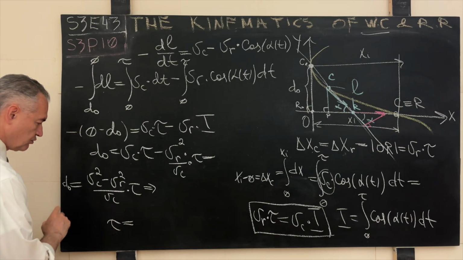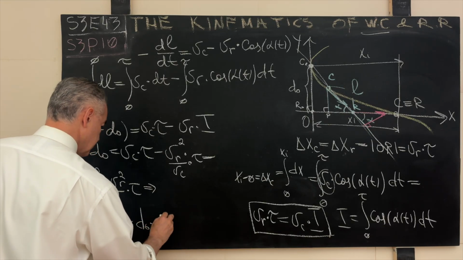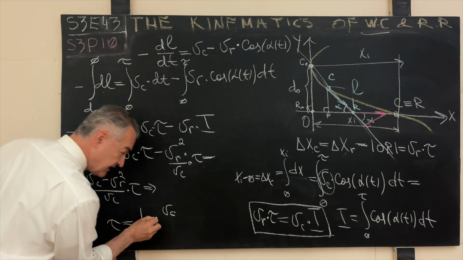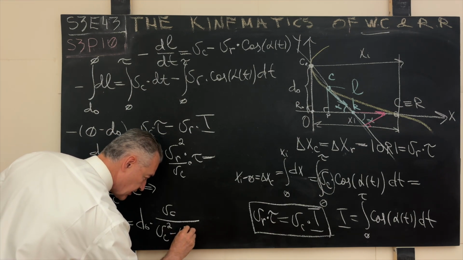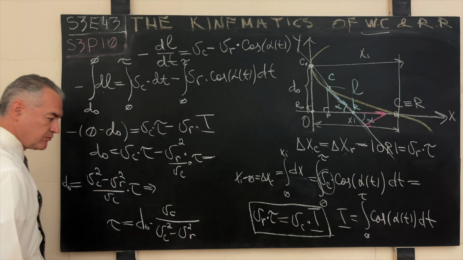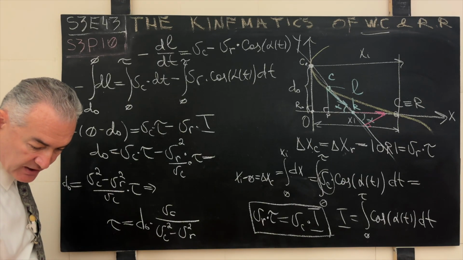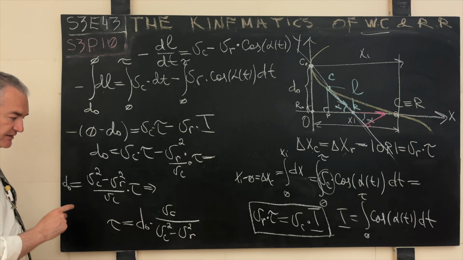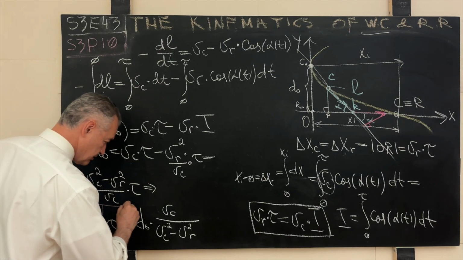So it will be d0 times velocity of the chaser in the numerator divided by the difference in squares, velocity square of the chaser minus the velocity square of the runner. Make sure you get this information right. Why? Because time in this case we take to be a strictly, well, in this case, even positive real number. It has to be positive real number.